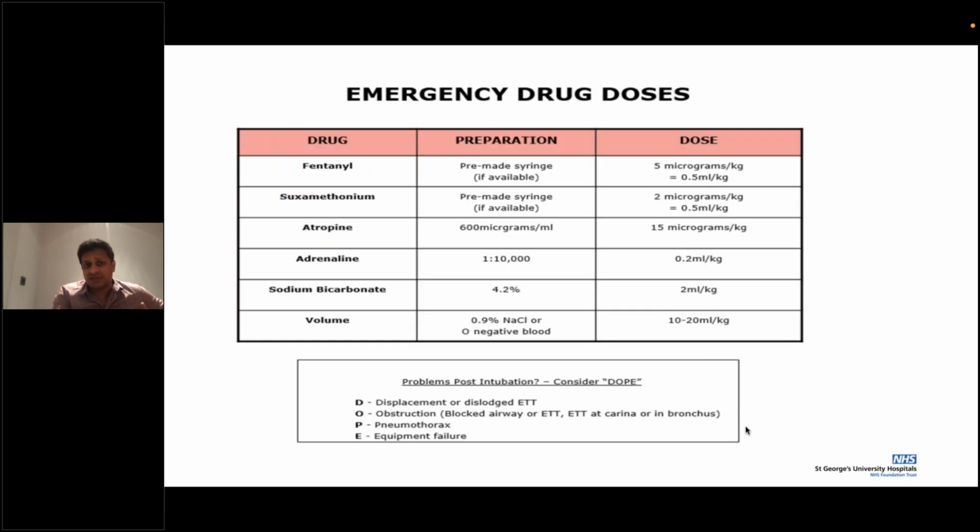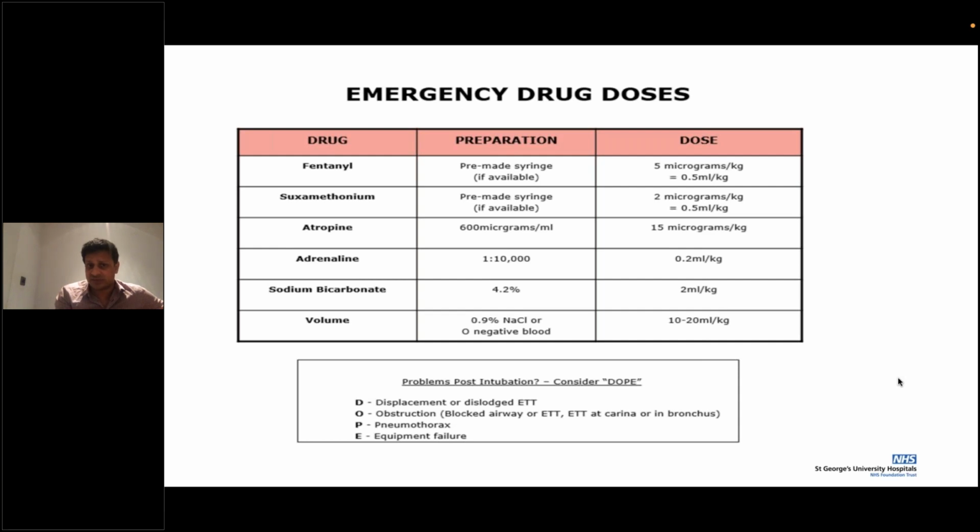At all times, if things go horribly wrong after your intubation, if there is sudden desaturation, you really ought to think about your DOPE mnemonic again. You're really talking about displacement of your endotracheal tube. It's quite common for this to happen when you're fixing it. You've got your ET tube in, everything looks good, but at the time of fixing it, it's not uncommon at all for it to be displaced, and all that hard work is gone.